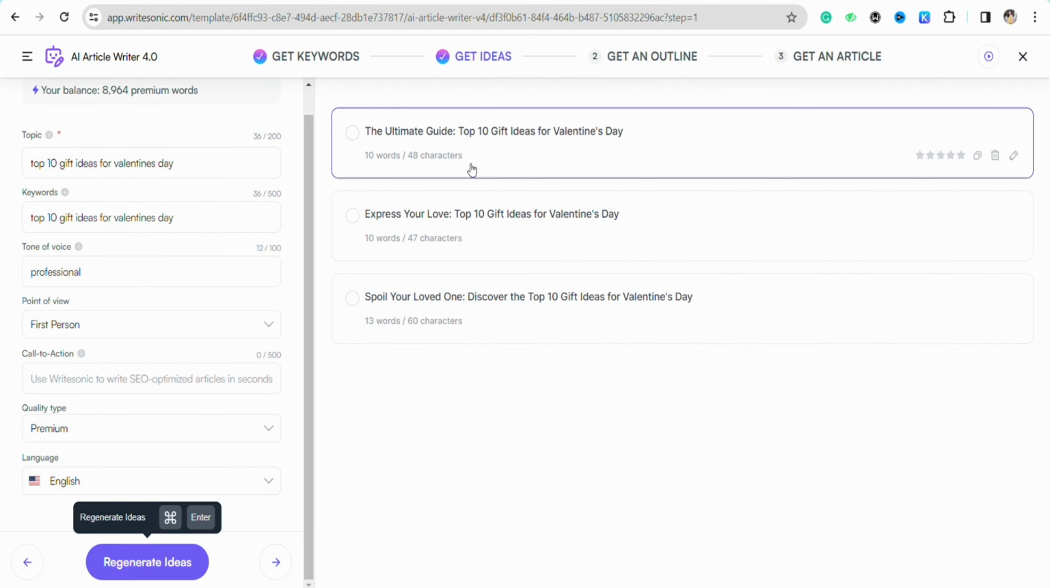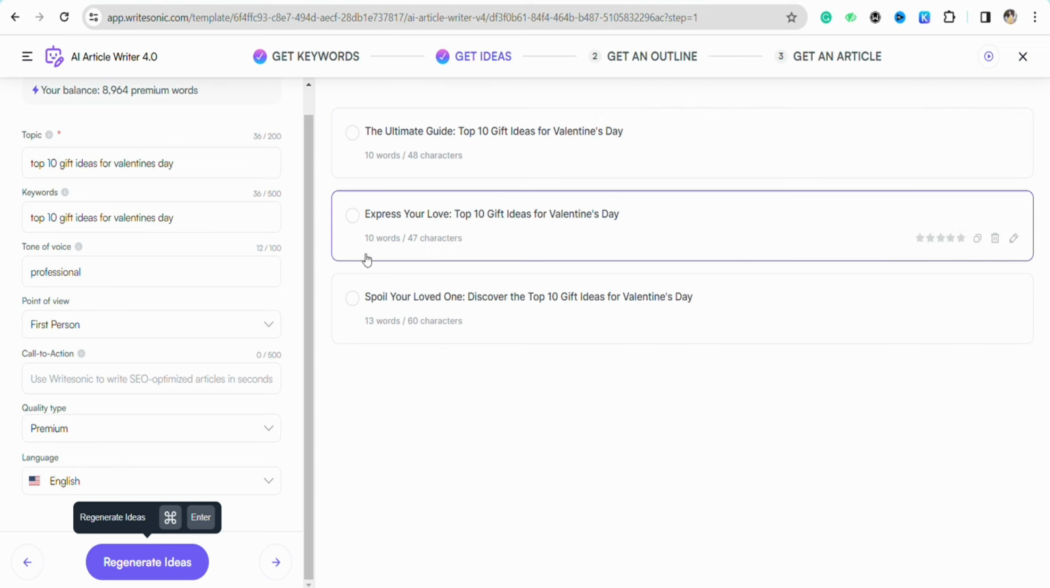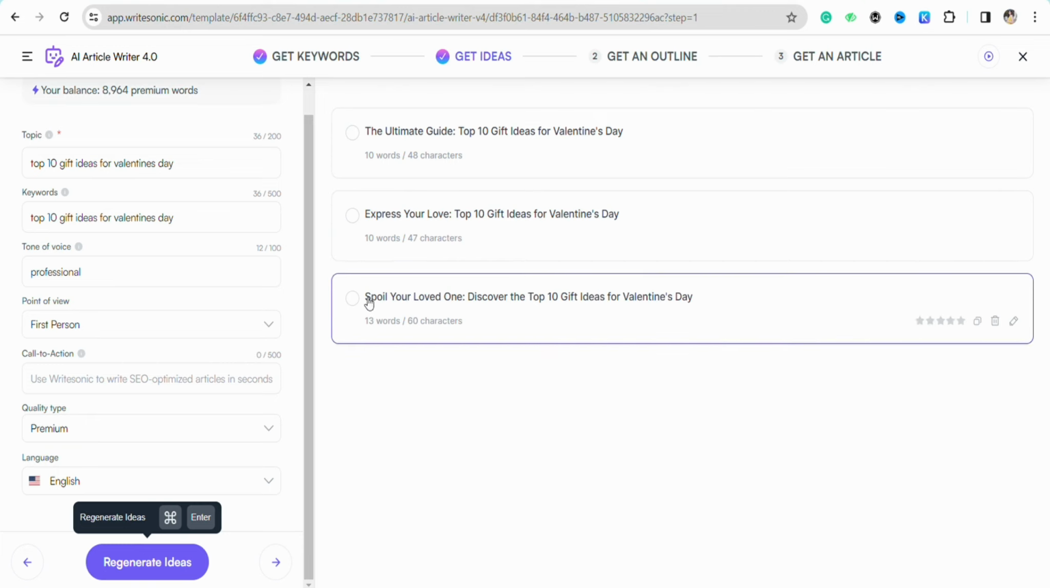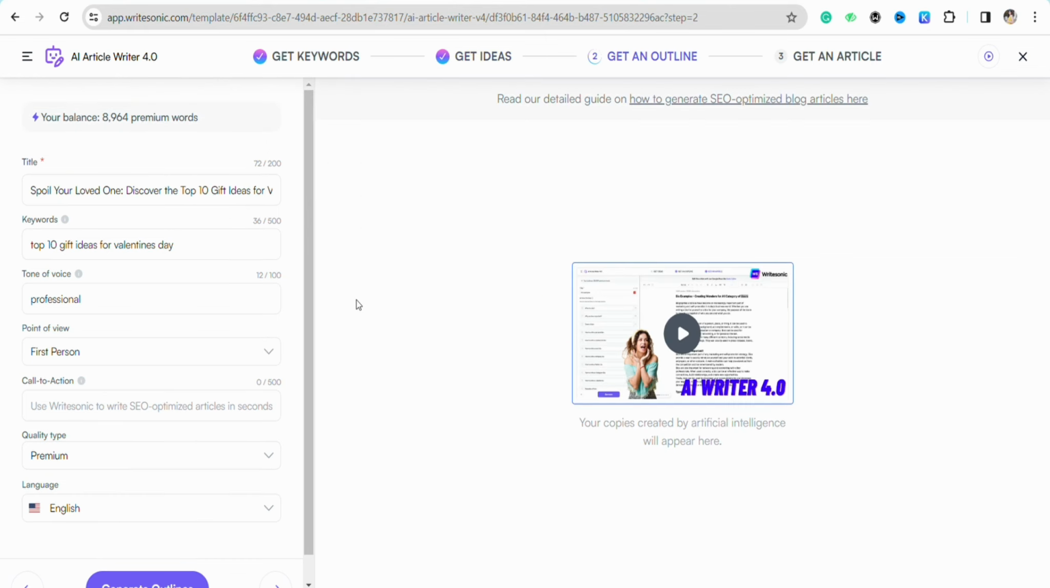Now you will see these 3 ideas that AI has curated for you. So you can simply read all of them and decide which one you would want to go forward with, and then after that the AI tool will get an outline for the particular article based on the ideas that you choose here on this page. So the first one says the ultimate guide, which says top 10 gift ideas for Valentine's Day, and the next one is express your love, top 10 gift ideas for Valentine's Day, spoil your loved ones. I think the last one seems pretty interesting to me, so I'm just gonna click on this one,